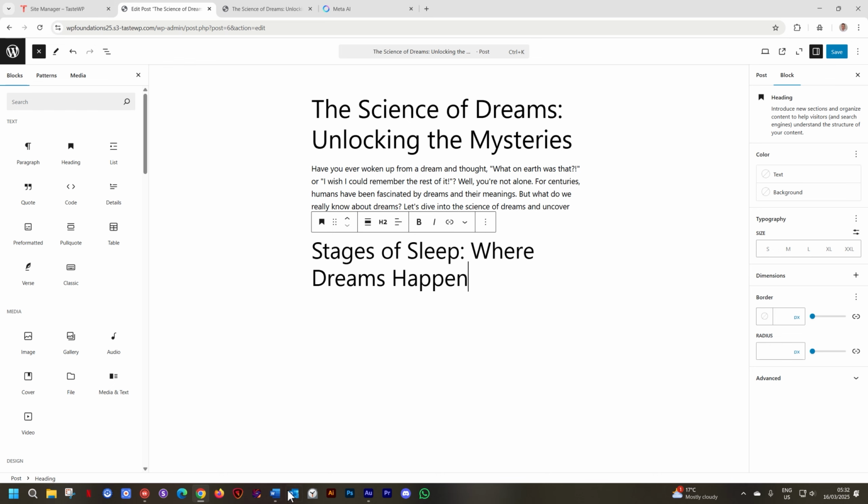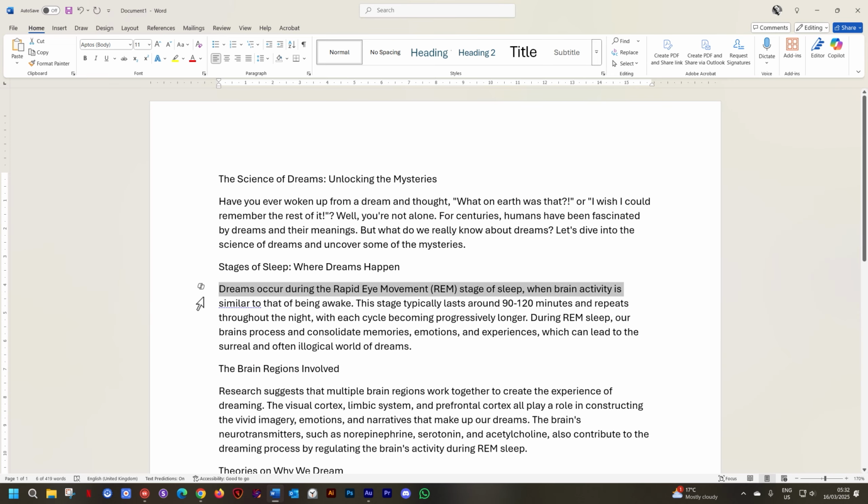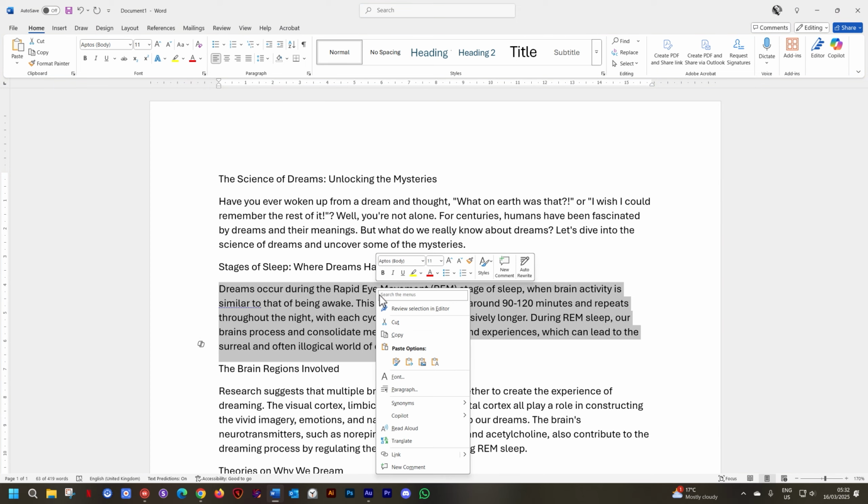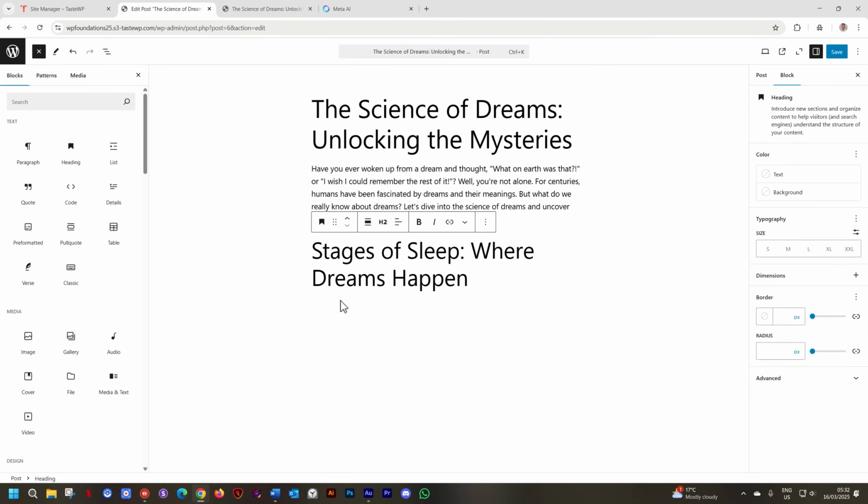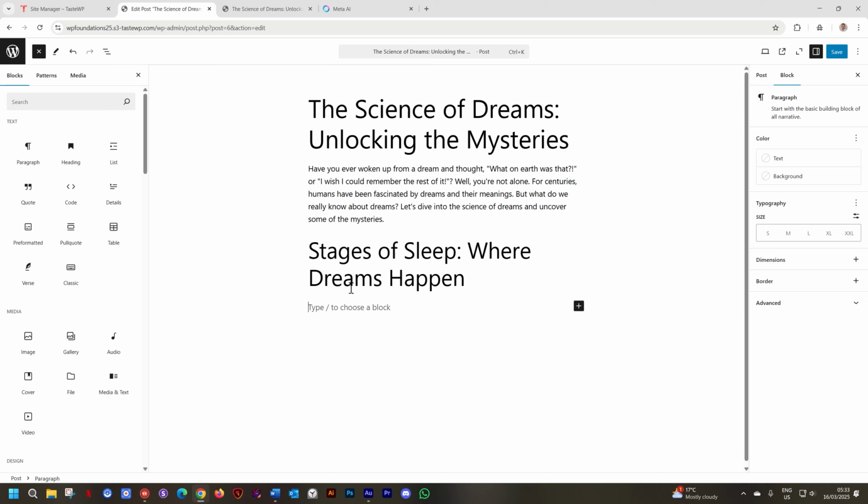Let's bring in the other bit of text that we have here. This one here, it's another paragraph. Do you remember? And we say copy, go back to WordPress. And the moment you click below the last block that you used, you're going to see this familiar option appear here again. And by default, it's always going to be a paragraph block. If you want a different block, you will have to bring it in. But if you are just working with normal text, it's always by default a text block.